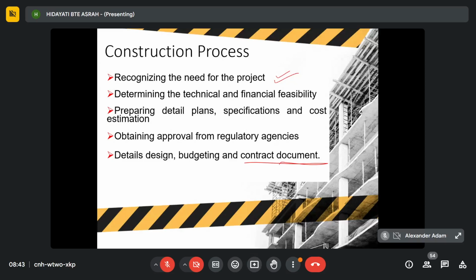We have three parties: consultant, contractor, and client. Okay, so they have to sign an agreement. If one of the parties breaks the agreement, then they will refer back to the contract agreement in order to find out who is actually wrong. Okay, and the last one is